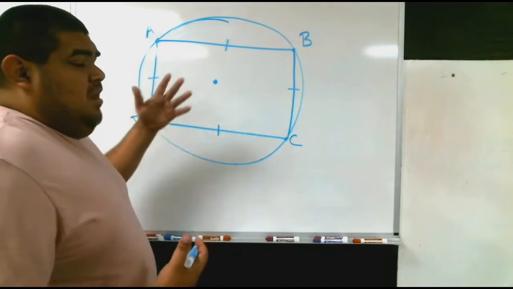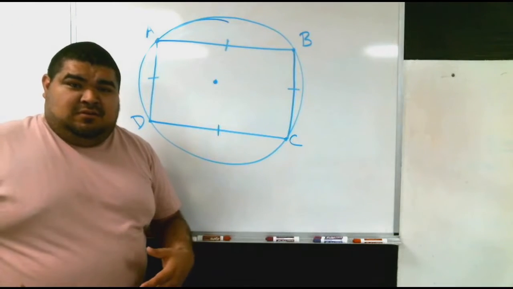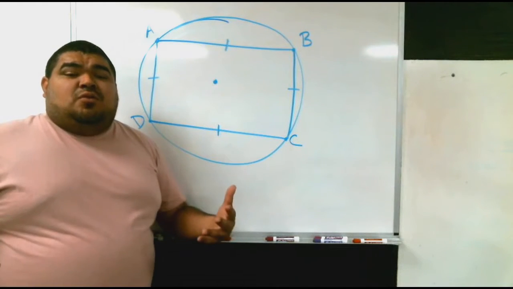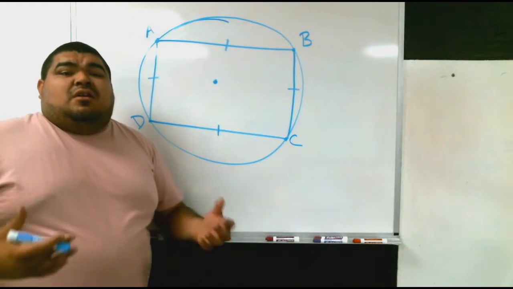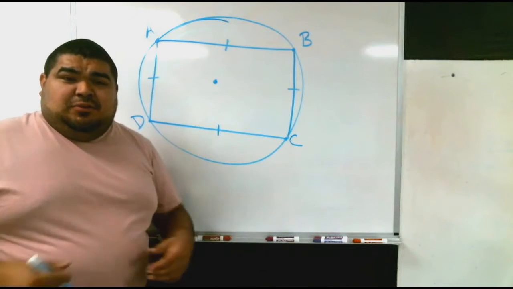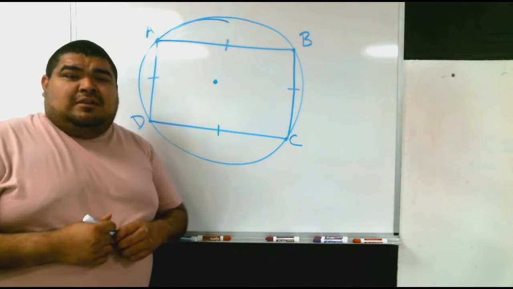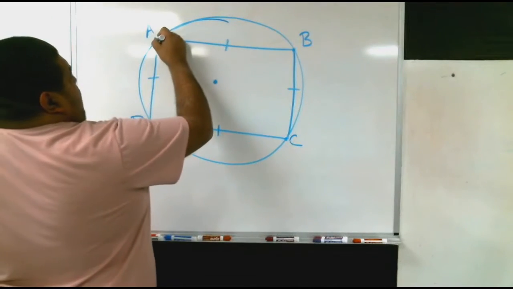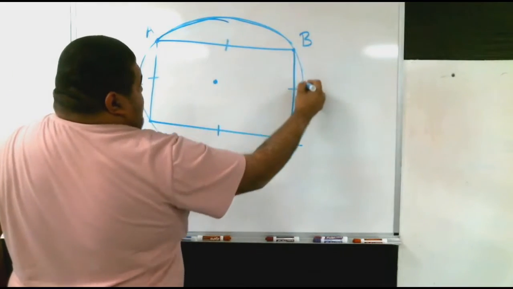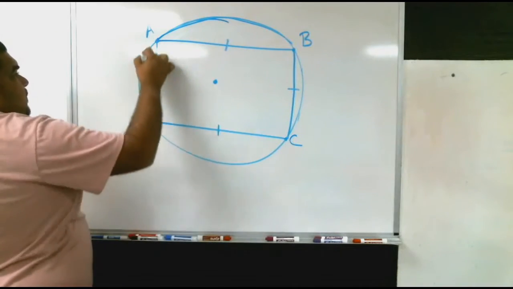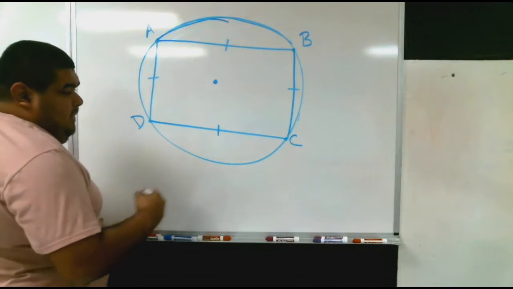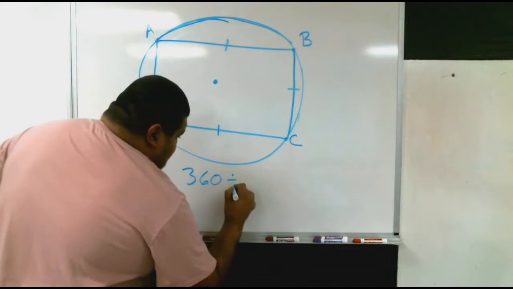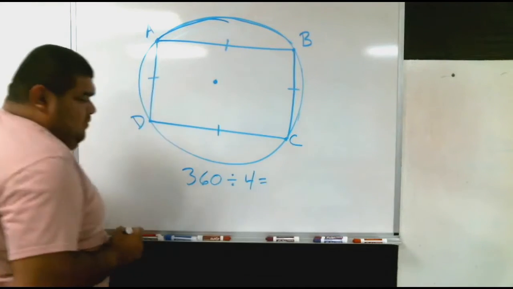You might ask yourself, how do we find the measurement of the arc? It's very, very simple. All we have to know is a circle equals 360 degrees. We also have to know how many parts it's cut into, meaning how many arcs, and then just divide that number. So, notice that we have 1 arc, 2 arcs, 3 arcs, and 4 arcs. So we have 360, because that's what a circle equals, divided by 4, which equals